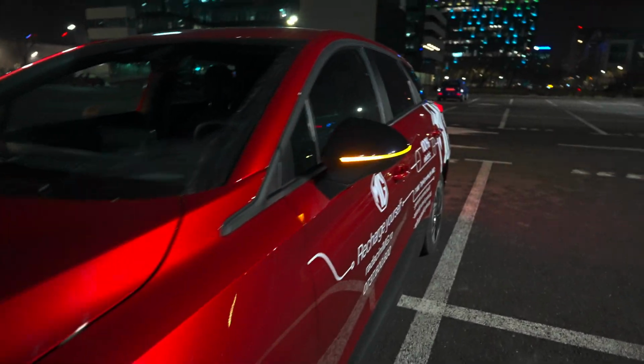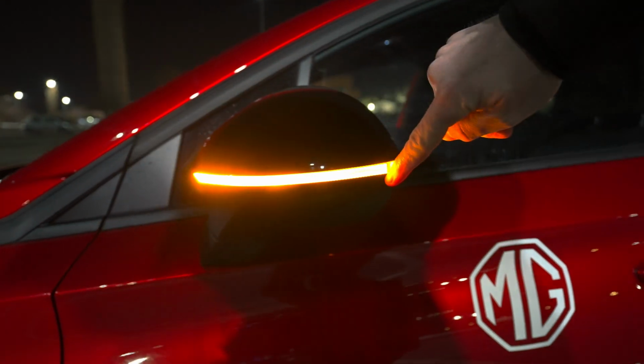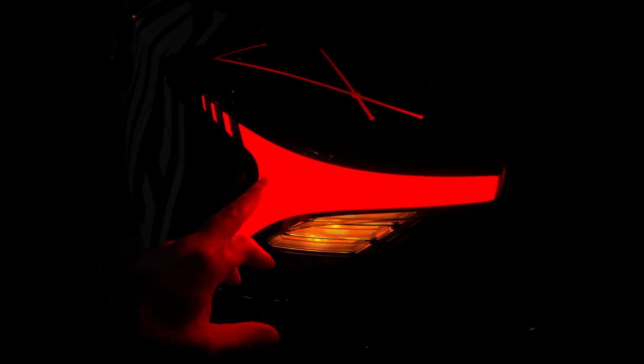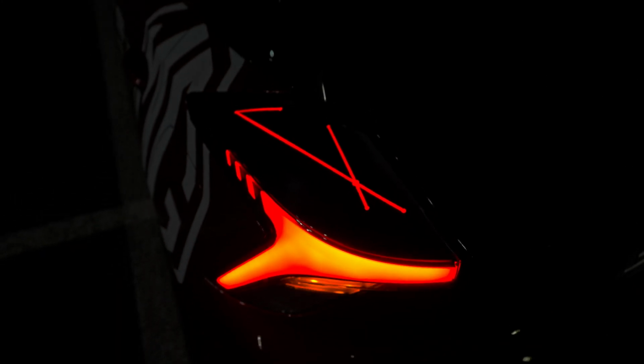Then you go to the mirror caps, LED light, very visible from every angle. I like that, from the front and also from the side. This is very important for visibility. I like the design of the tail lights very much, LED light, really beautiful. And on the other version, I tell you, it's extended. Also, I like the fact that even from the upper side, you have some LED design here, really interesting and